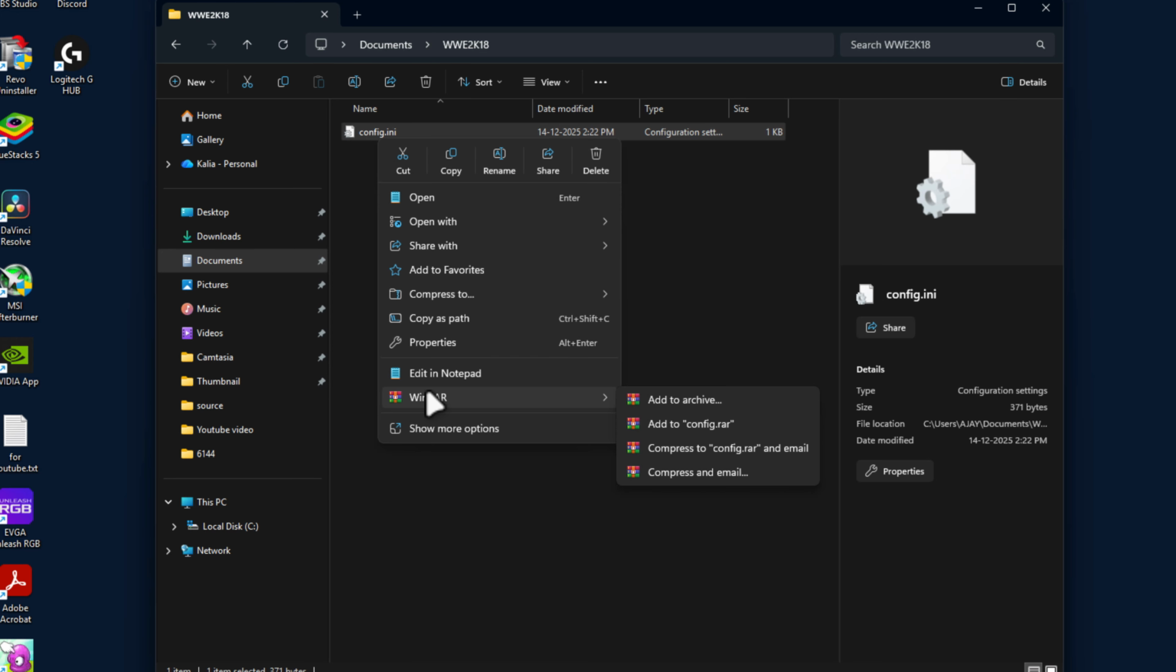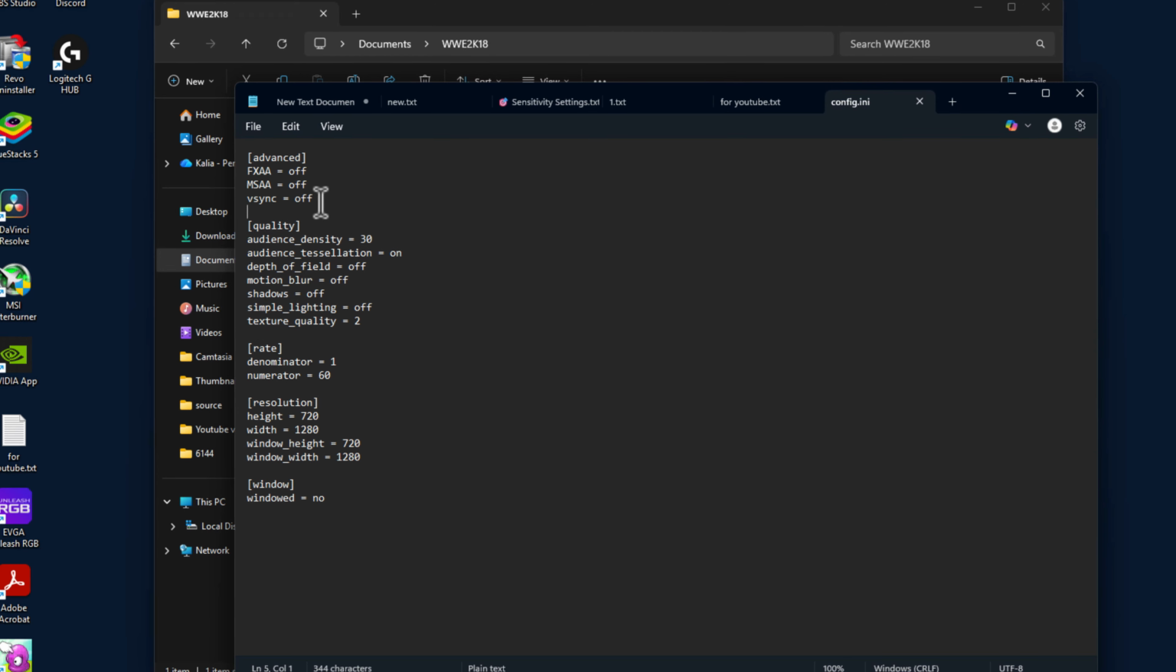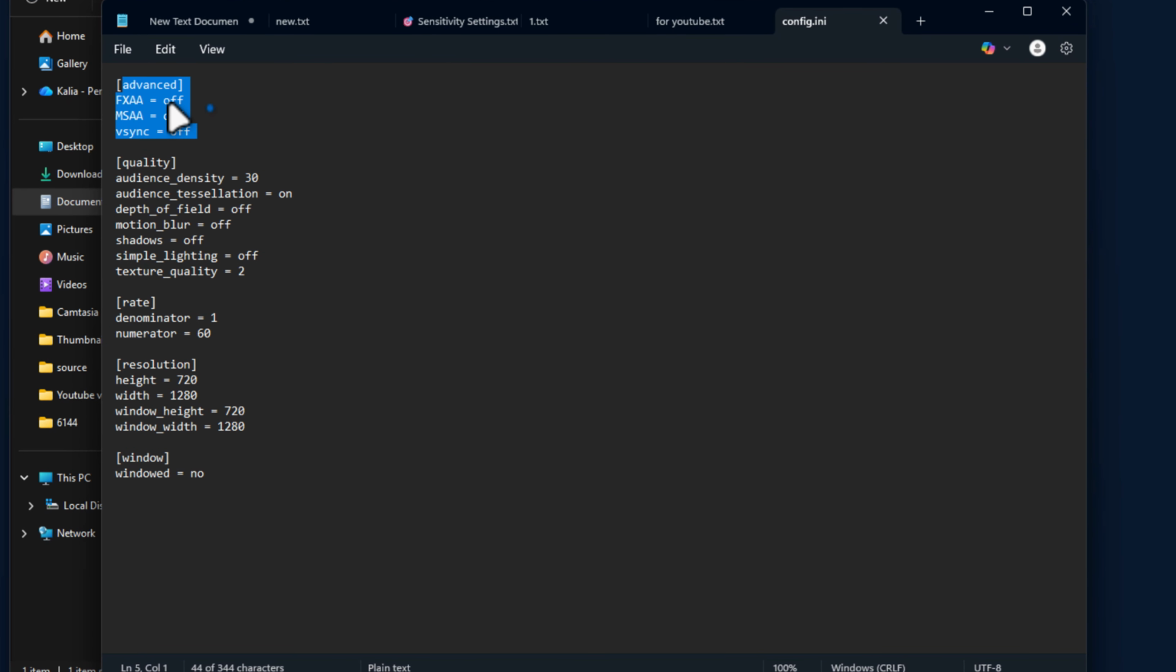Right click on the config and select edit in Notepad and make sure you set these options. Audience density 30, audience stylization set this to off, depth of field off, motion blur off, shadows off, simple lighting off, texture quality set to 0, and in resolution